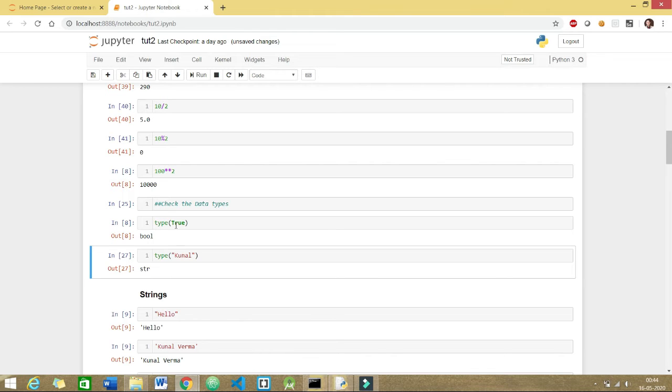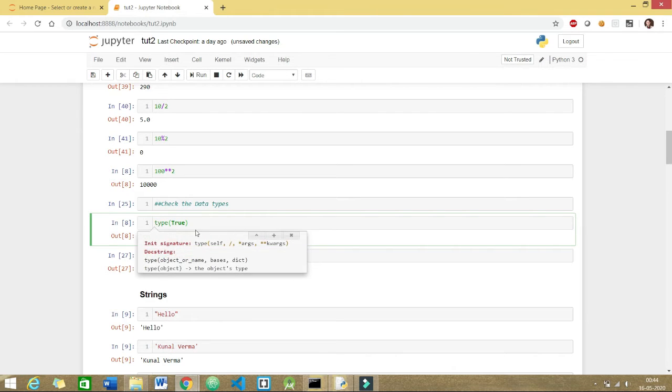If you don't know a particular function, just put the cursor before the left brace and press Shift and Tab. You can see there would be a signature of this function, and if you click the plus icon, it will tell you all about the function, what it will do, what parameters it will take, and much more. So no need to memorize these functions. You just need to know some basic shortcuts of how you can work efficiently in this Jupyter Notebook. The docstring will tell us a summary of what this function will do, and I'll tell you another method to read the docstring in the later part of the video.